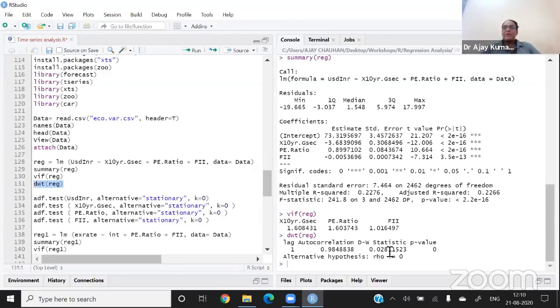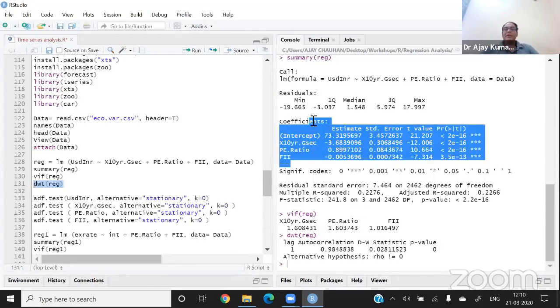This is a common mistake made by almost every researcher who is not aware of the random walk concept. You apply the regression model and prove that all variables are significant. You can see that in this equation, all the independent variables are significant. It means the model seems very good, but actually this model is not good. This model is actually a nonsense model because the Durbin-Watson value is less than 1. And if you show this model in a research paper, the reviewer will reject it immediately. The Durbin-Watson value is 0.028, which is not good, because this problem comes only when you are not aware of the random walk concept.